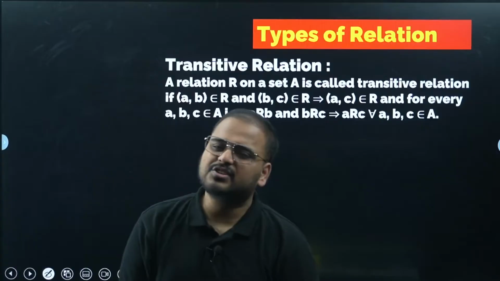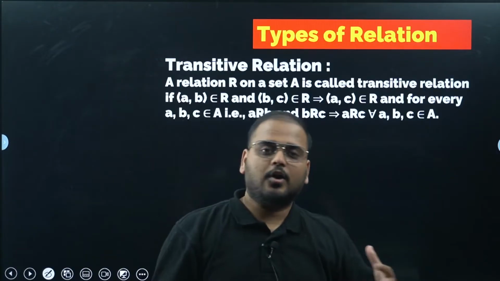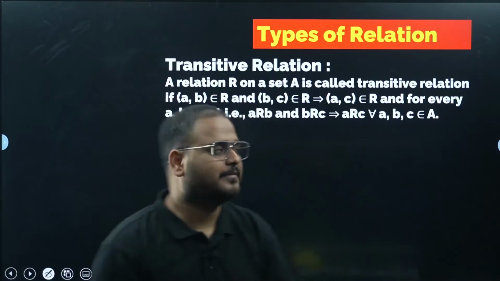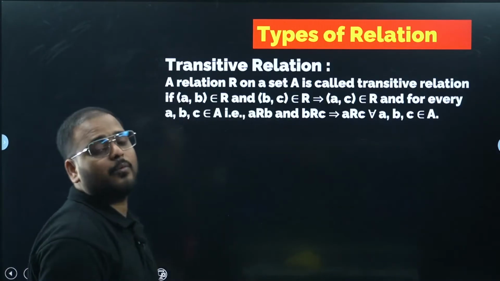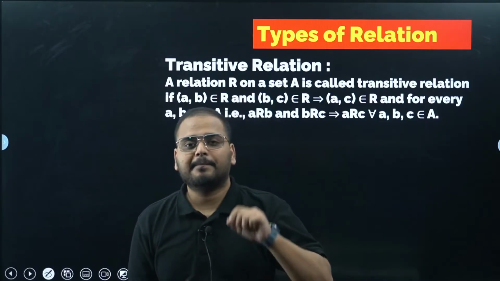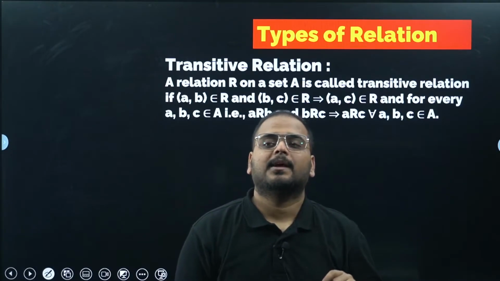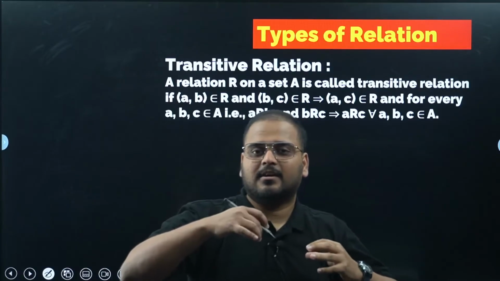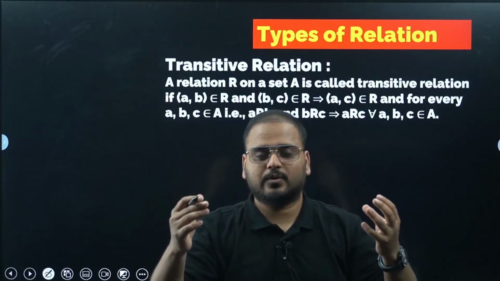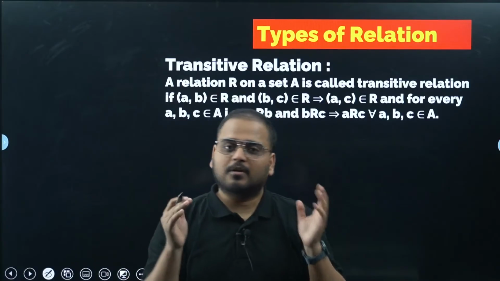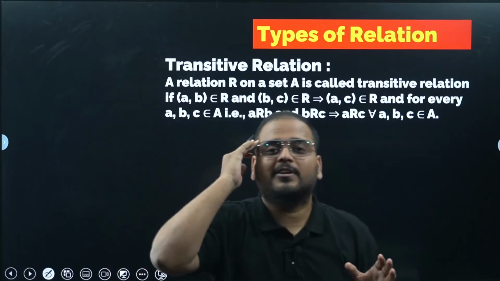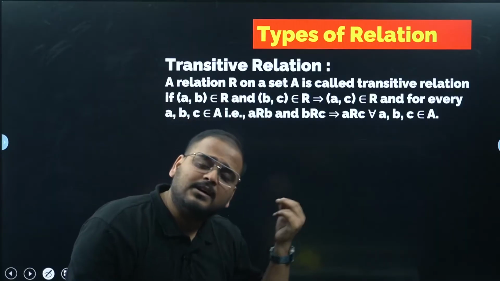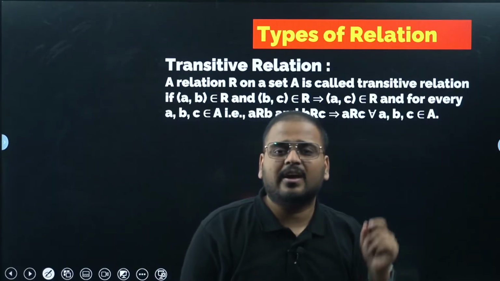Okay, simple definitions. So quickly we'll recall all these definitions, revise all of these things, and move on to the questions that we have to solve. So transitive relation. Now, a lot of people make mistakes in this part. Let's go to the definition first, and then I'll tell you how to check whether a given relation is transitive or not. Ultimately, you have to solve a question, the set will be given, and you have to figure out whether it is transitive or not. You can identify reflexive or symmetric very easily.